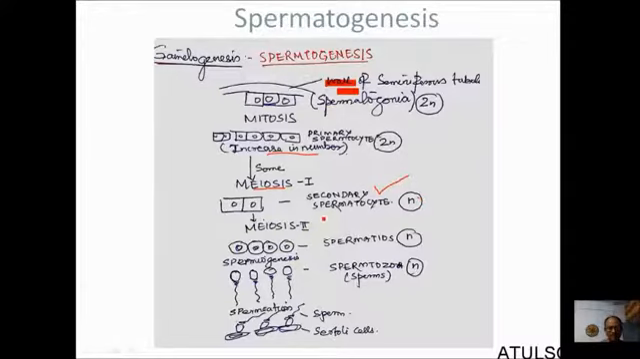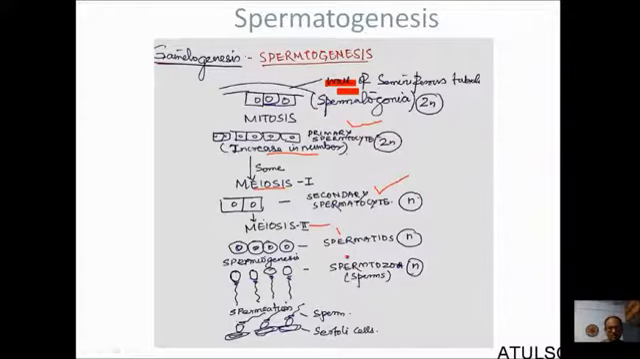The primary spermatocytes are a special differentiated type of cells that are ready to undergo meiosis, or we can call them meiocyte cells. Now after formation of two secondary spermatocytes, the meiosis continues and meiosis 2 occurs. Meiosis 2 makes